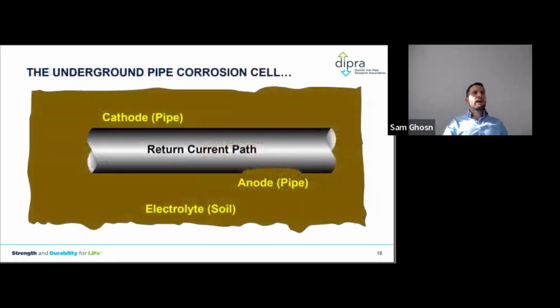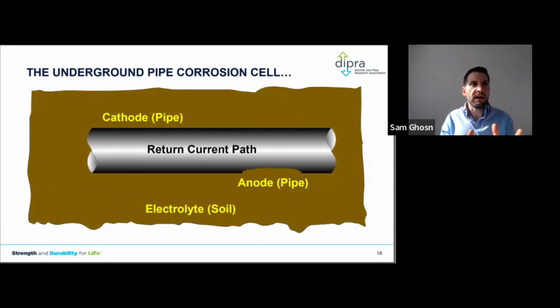Okay, so understanding pipe corrosion control is a very unique topic, and I'm not gonna get into it because we don't have 2 hours today. And I'll be happy to chat about it individually if you have any questions later on. But to simply understand corrosion, you need to understand that you need 4 elements: an anode, a cathode, a return current path, and electrolyte. If one of these elements do not exist, corrosion simply will not occur.